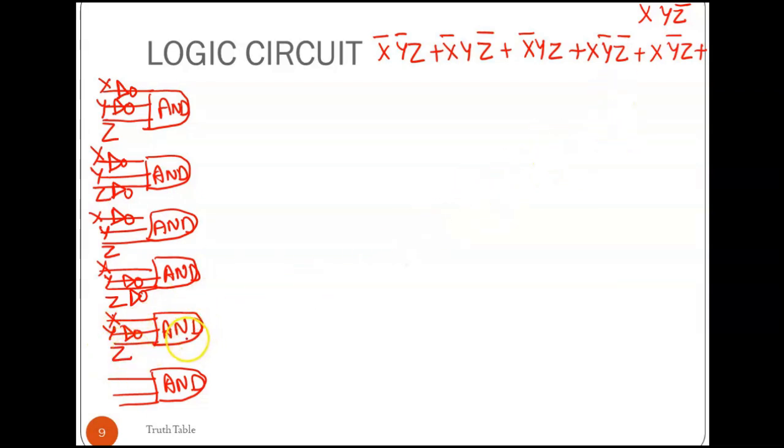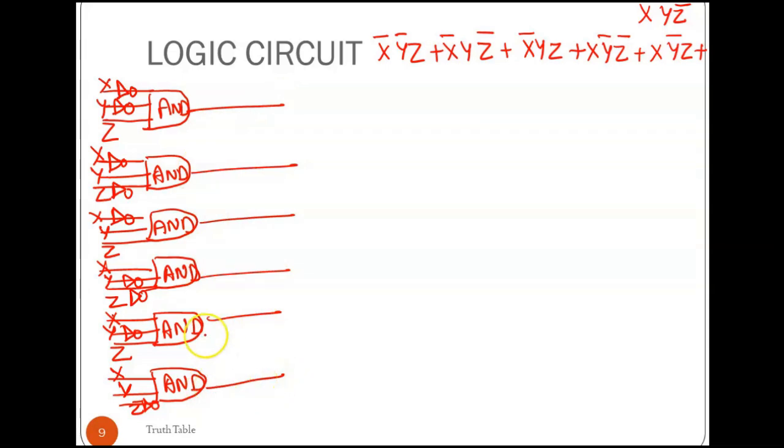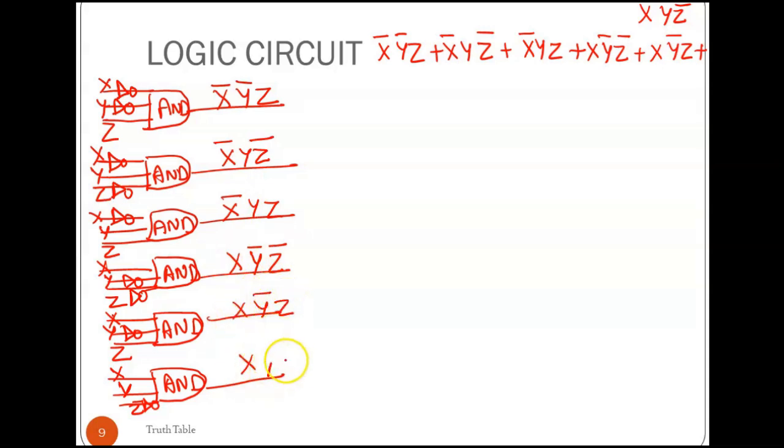And then X bar, X, Y, Z bar. Okay. So X, Y and Z bar. Z for Z bar, it is NOT gate. Now you take out the input, output from all the 6 gates. So if you start from the first one, this will be X bar, Y bar, Z. X bar, Y, Z bar, X bar, Y, Z, X, Y bar, Z bar, X, Y bar, Z, X, Y,